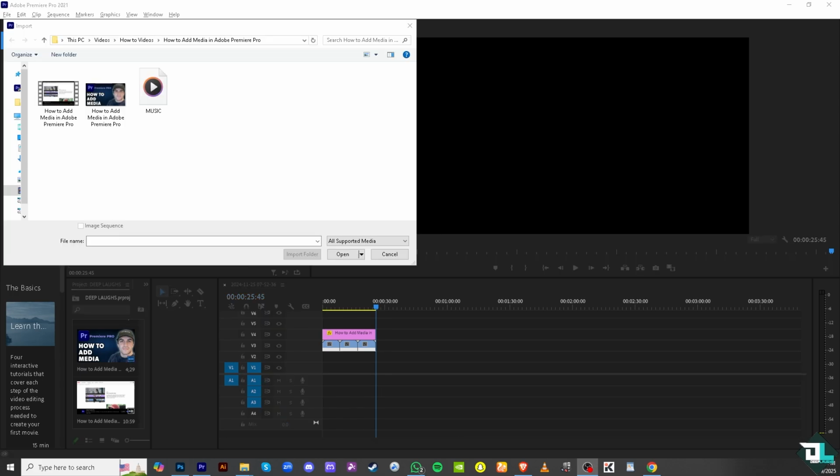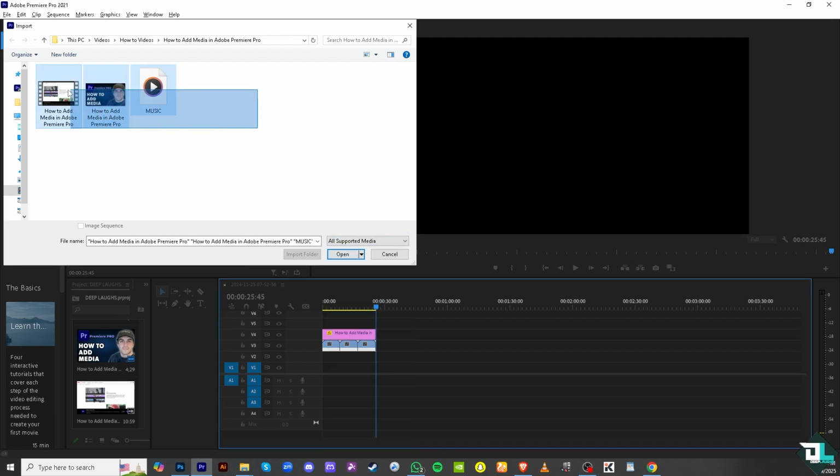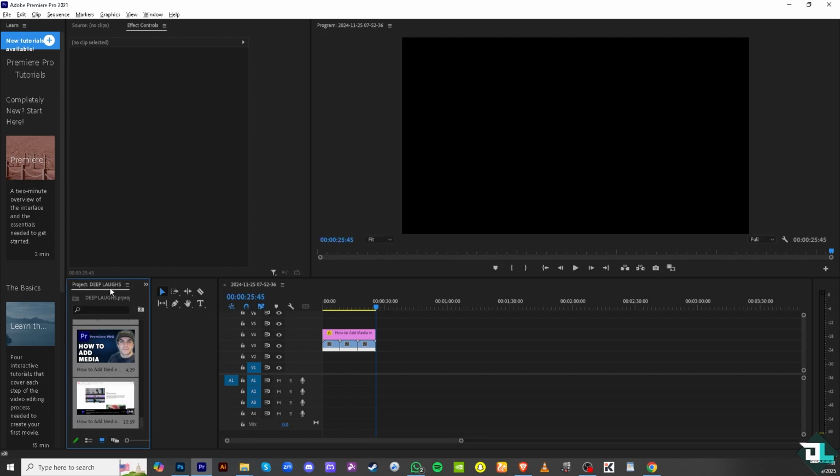In my case, since I already have the files that are ready to be imported, you want to make sure that on the drop-down menu here, you click All Supported Files. I'm going to click all of them and click Open. Once they have been imported, you want to make sure that they appear on the left side panel of your project. And all I have to do is drag the photo